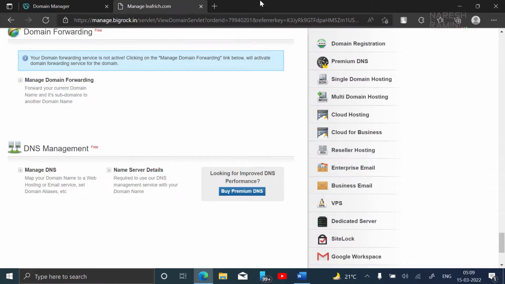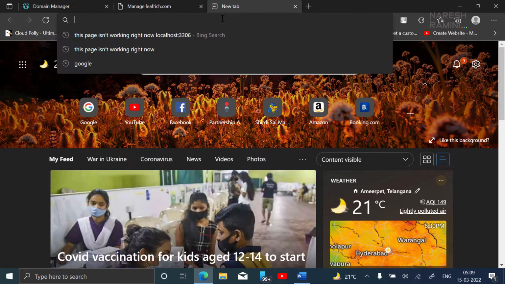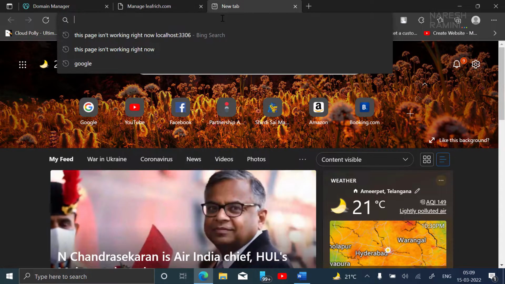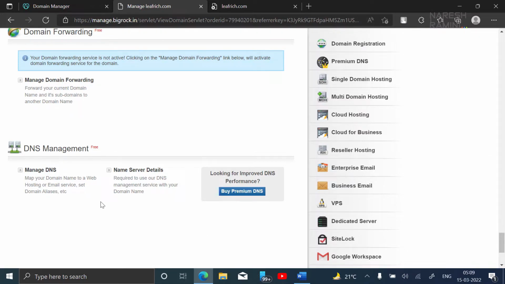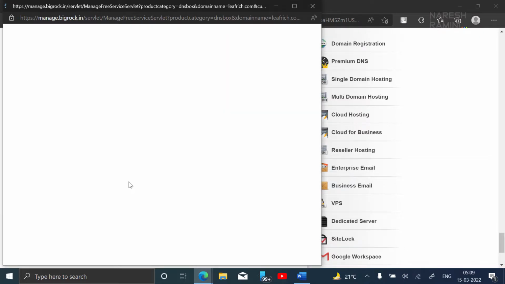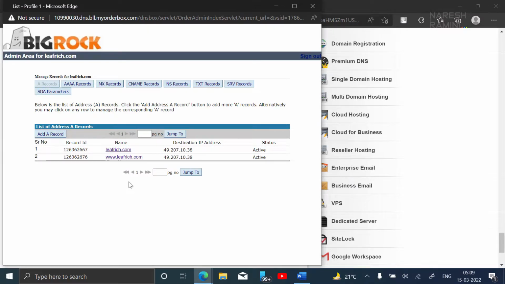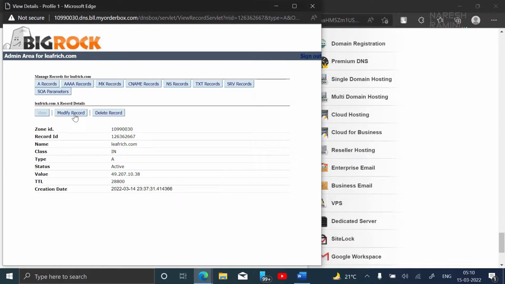Okay, now in another tab, let's try accessing the websites with our domain names. So allow it some time here. Let's minimize the TTL here. To do that, click on manage DNS. We are doing this to speed up the changes. Let's decrease the TTL for both the A records, leafrich.com and www thing. I'm clicking on leafrich.com and clicking on modify record